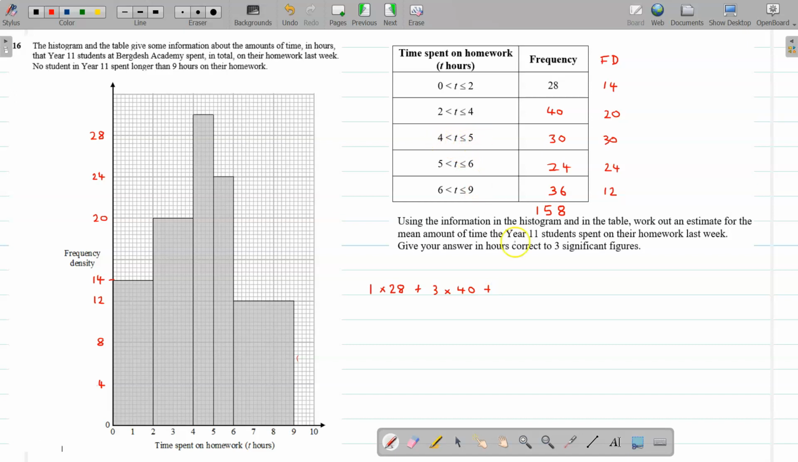halfway between 4 and 5 is 4.5 times 30. Then I've got 5.5 times 24, midpoint times frequency. And then I've got 7.5 times 36. And then all of that has to be divided by the total frequency, which is 158. Okay, and you can put that on the calculator exactly like that. Okay, and that gives you